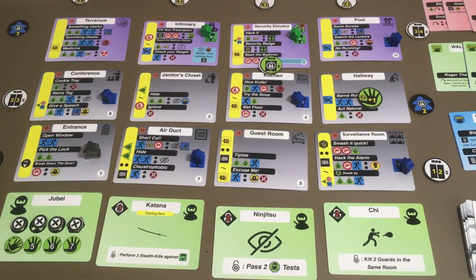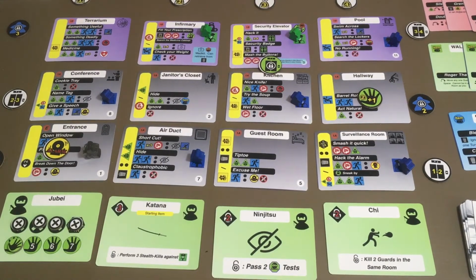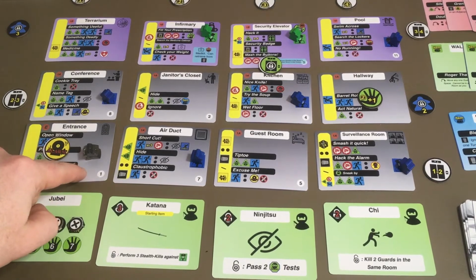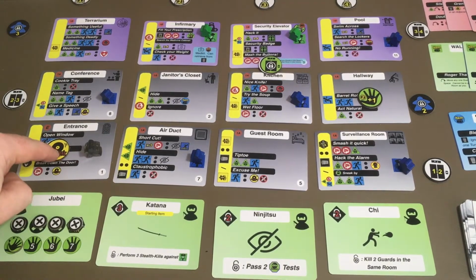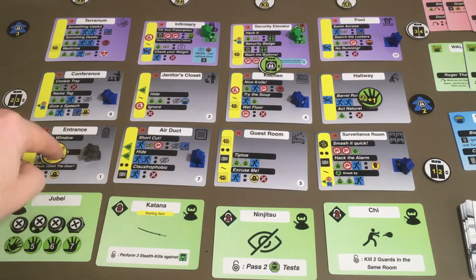So when you set off an alarm in the game, you place the alarm token where it was set off. That's normally the room you're in. There are such things as false alarms where you can set them off other places. And so what would happen in the case of an alarm is every blue guard on the floor you're on, or the floor the alarm token is on, and an adjacent floor, so up above, would move 1 space towards